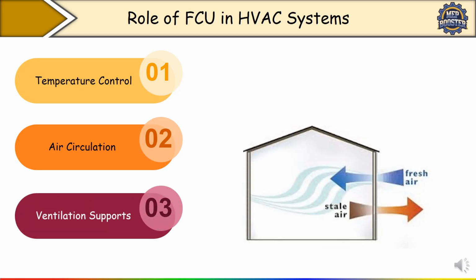Next is the ventilation support. So FCUs are primarily for heating and cooling, and they can be integrated with a fresh air duct to introduce outside air, supporting the ventilation need of a building. Okay, how does it work? Here, an FCU can mix a portion of fresh air with recirculated air. Some systems include an outside air duct connected to the FCU to improve air quality and provide ventilation while maintaining